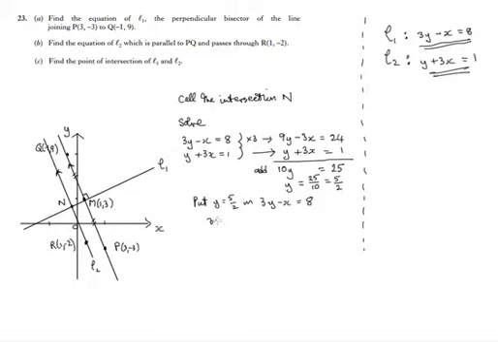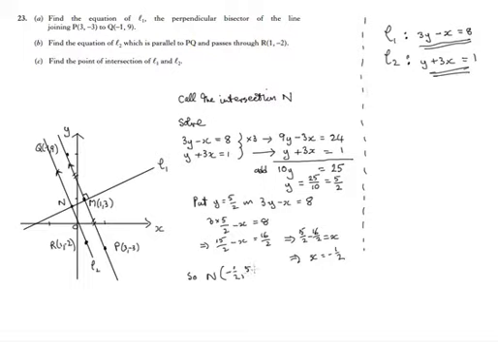So 3 times 5 over 2 minus x will give us 8. Now that's 15 over 2 minus x equals 16 over 2. Let's add x to both sides. That'll disappear and take away 16 over 2 from both sides. So 15 over 2 minus 16 over 2 will be minus 1 over 2. So x equals minus 1 over 2. So the point of intersection N, and we've said what N is, is minus a half,